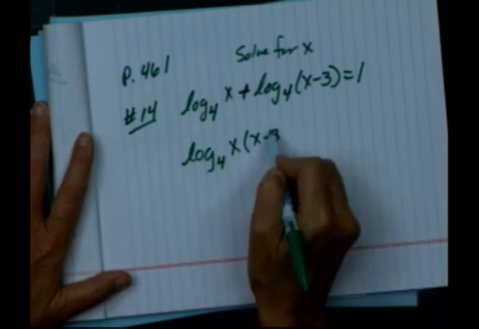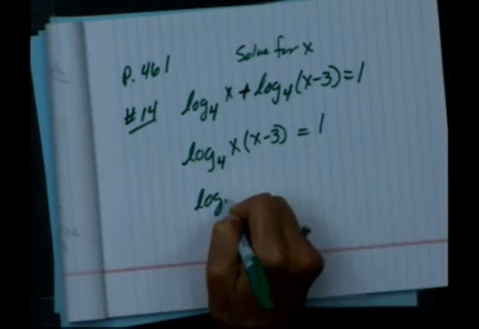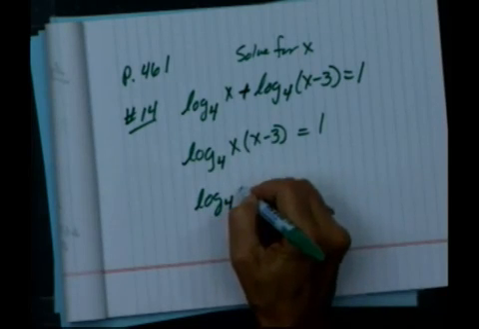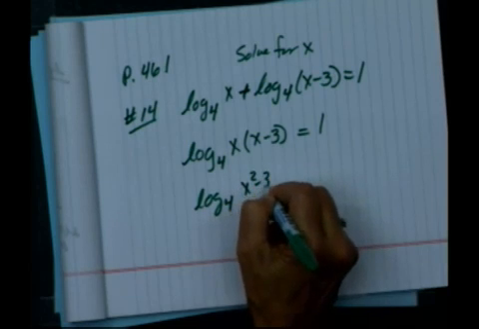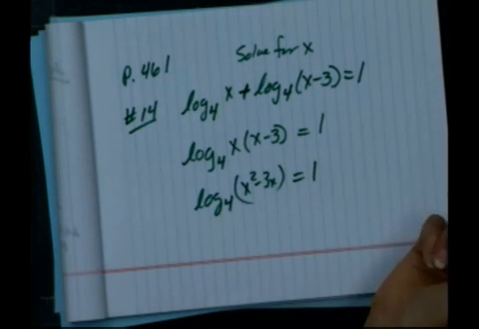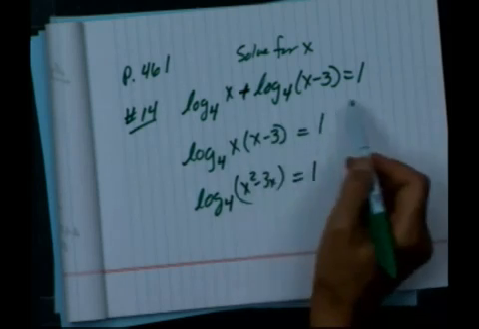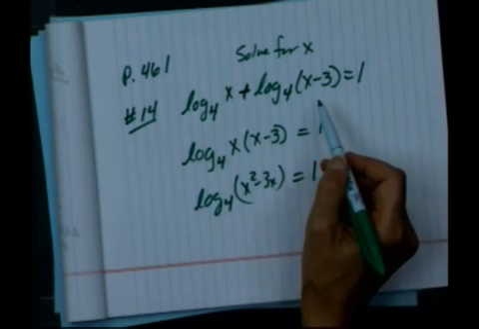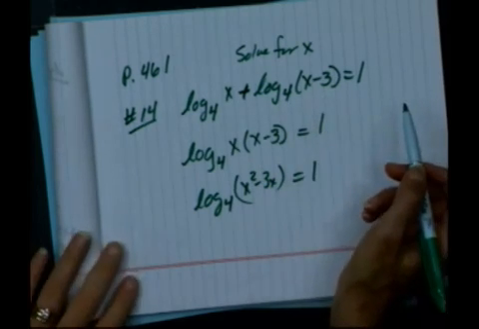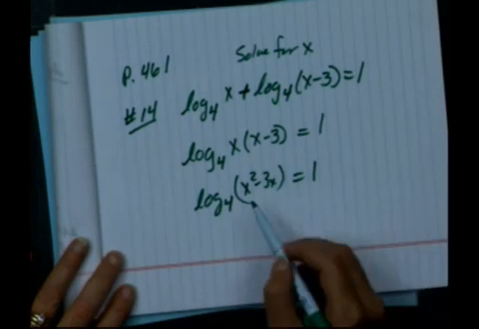Times x minus 3. Okay? All right, so we have log to the base 4, and I'm going to multiply that out. It gives me x squared minus 3x equals 1. Okay, everybody know where this property is coming from? Do I need to flash it back on the screen? Yes, no? Okay. All right, so now we've got this to a single log, and my job is to solve